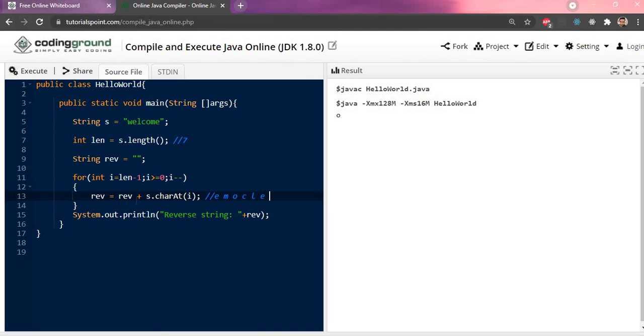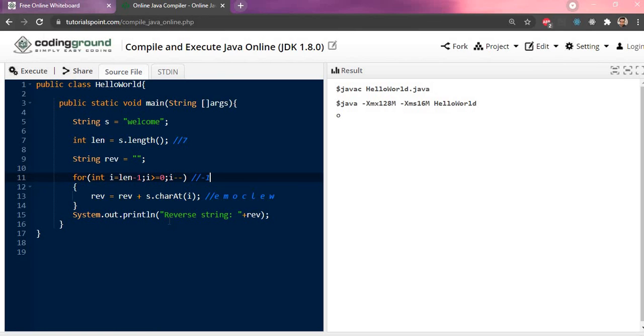The condition is true. rev equal to rev plus charAt i. So the 0 index value is W now. Here after decrementing 0 again we'll get minus 1. Minus 1 is not greater than or equal to 0. So our loop will break.